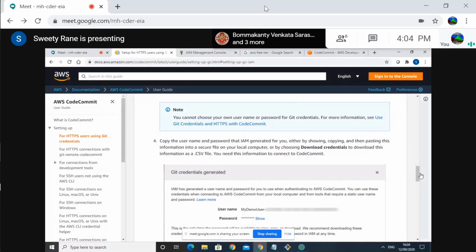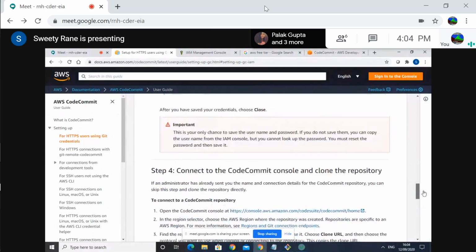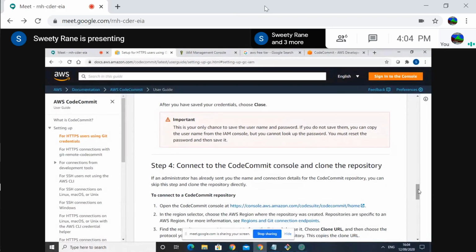So go down. Now you can go back to your instructions on the lab and see what is written there. This is a CodeCommit link. I think that link has gone away. You opened it in the same window, that's why. If you click back, it will be there.